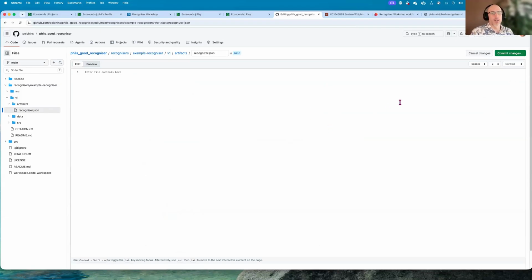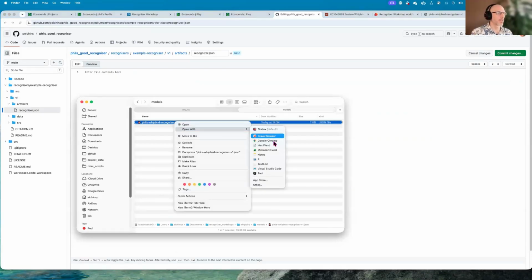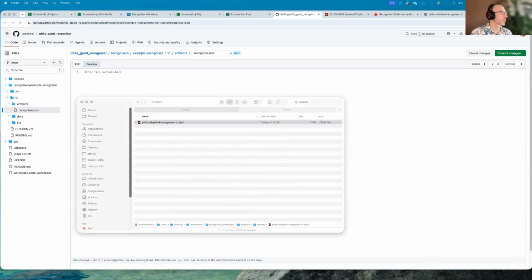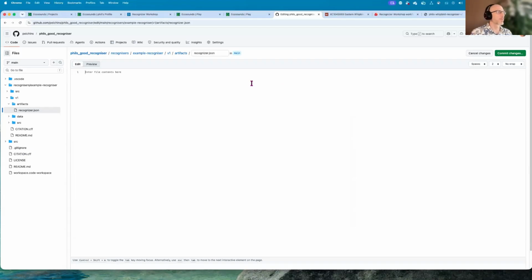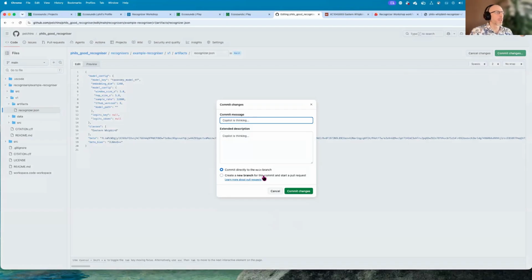delete that, and instead go to my recognizer. So if I open that with something that I can just copy, just copied and pasted that on the other screen, paste that in. That's just a little bit of text because we've base 64 encoded that vector of numbers. It can be pasted as text, and then I save it by hitting this commit changes, and